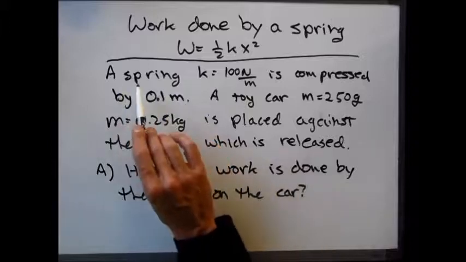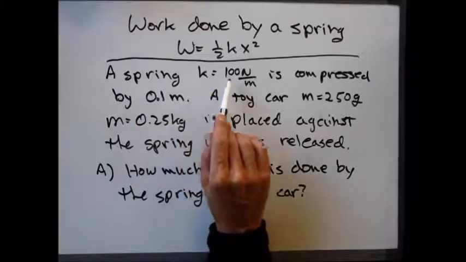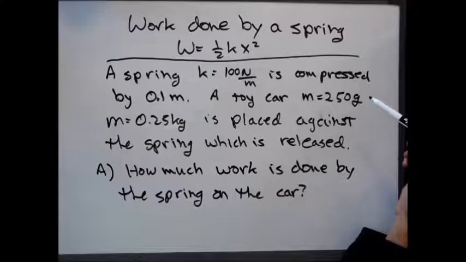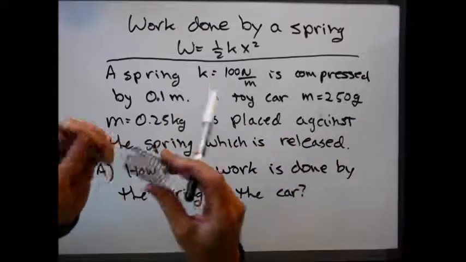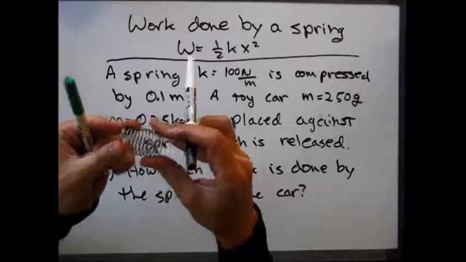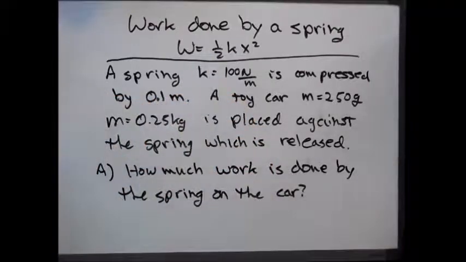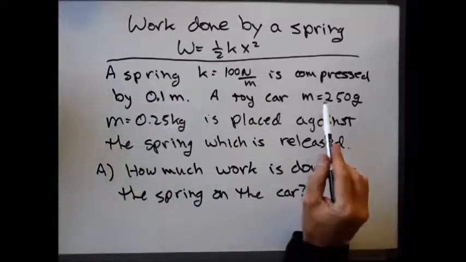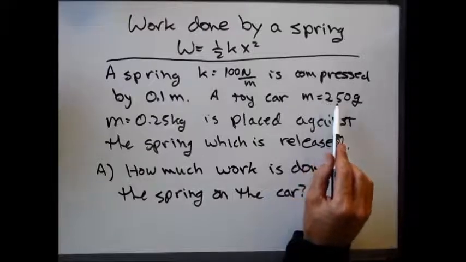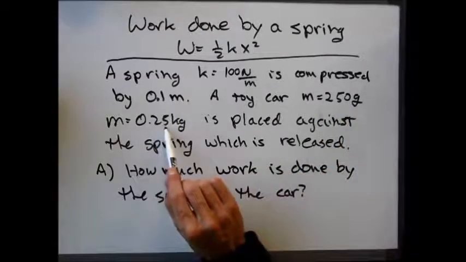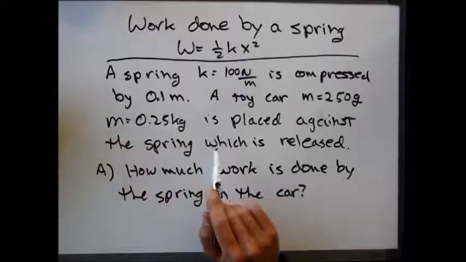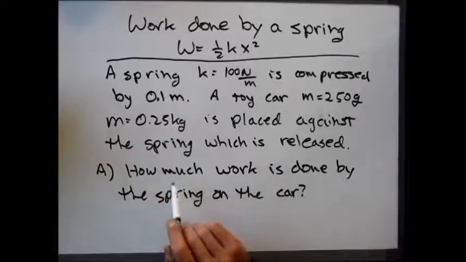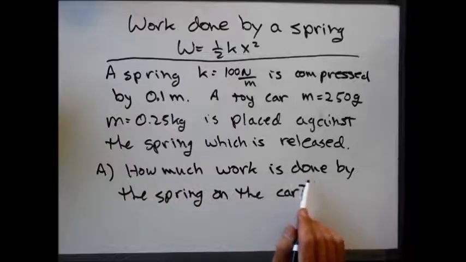So here's our problem. A spring with spring constant 100 newtons per meter is compressed by a distance of 0.1 meters. Had to be a bigger spring than this, but you get the idea. A toy car is then placed against the spring. Its mass is 250 grams or 0.25 kilograms. And then the spring is released. So just like in our previous picture, the question is how much work is done by the spring on